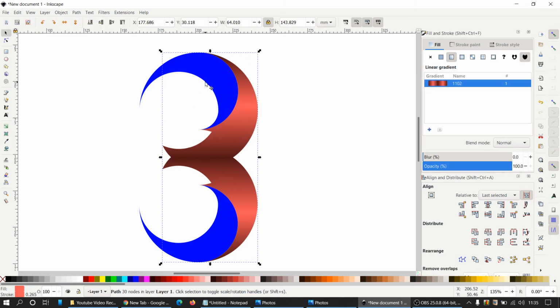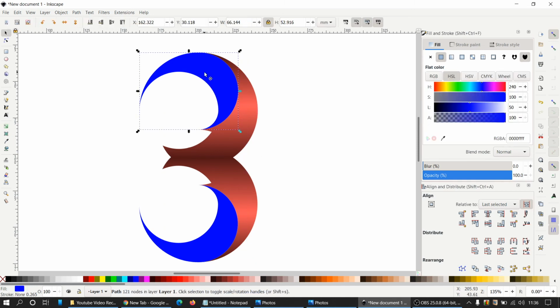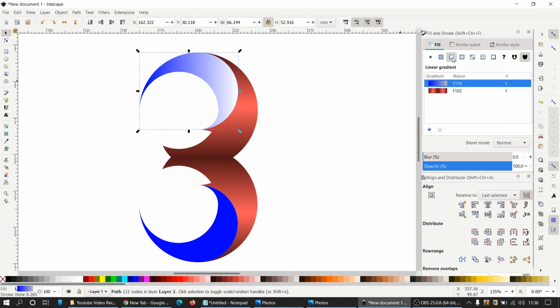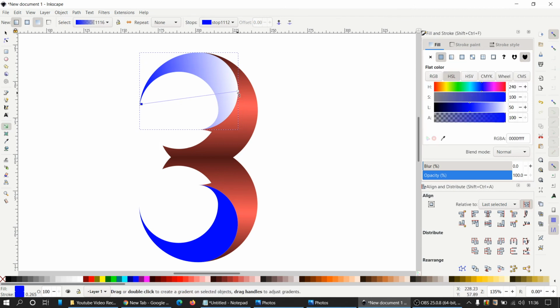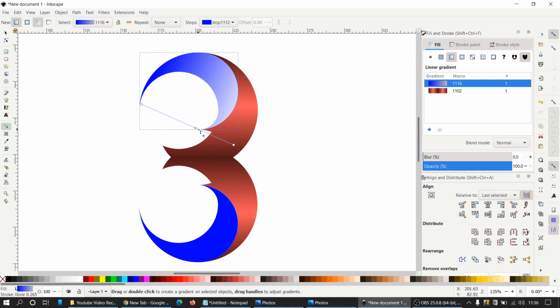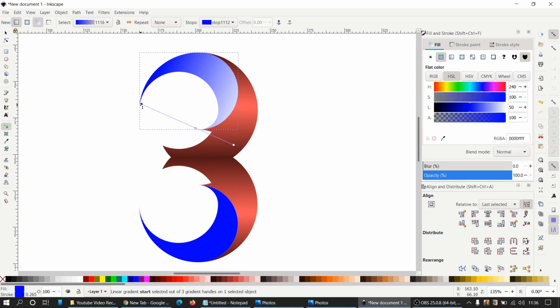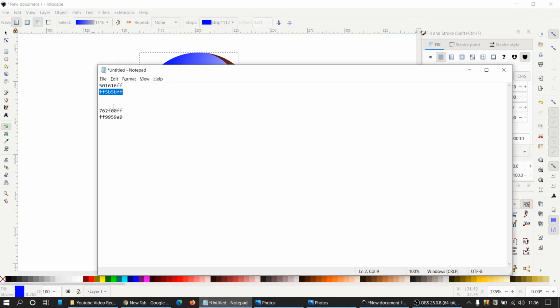Okay. Now for this, again, I'll do the same thing. I'll give it a linear gradient, press G to edit it and click here. Let me make it this side, let it touch here, and this side let it touch here. Then I'll give a midpoint here, somewhere here. Double click, and again I will select this part here, and for this I'm going to give this color